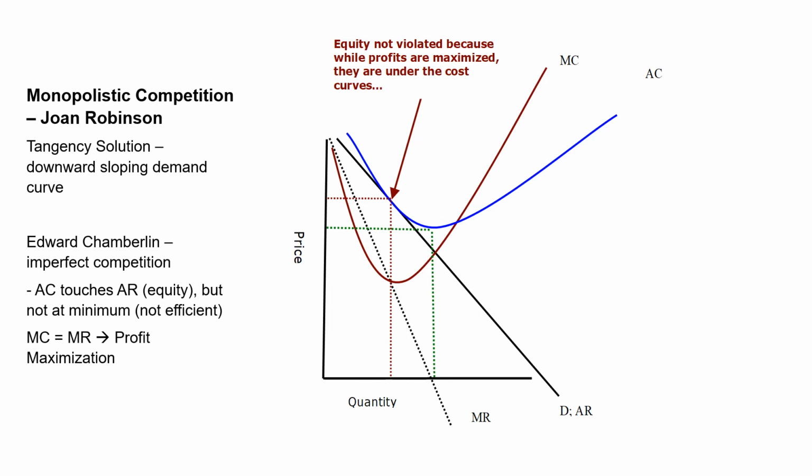So keep this in mind, that we have equity, and our example for monopolistic competition was fast food. So fast food, they don't pay a lot. You're not getting much, if at all, in the way of being compensated more than your opportunity cost level. So in that case, it's equity. The criteria for equity is met.